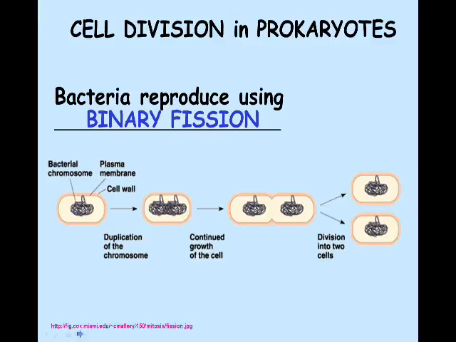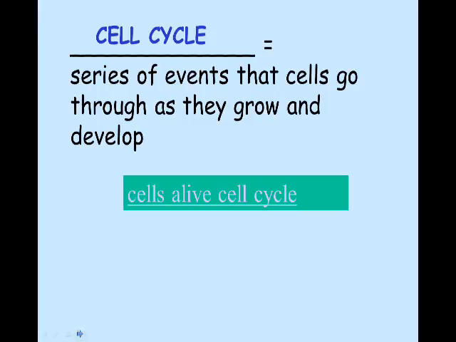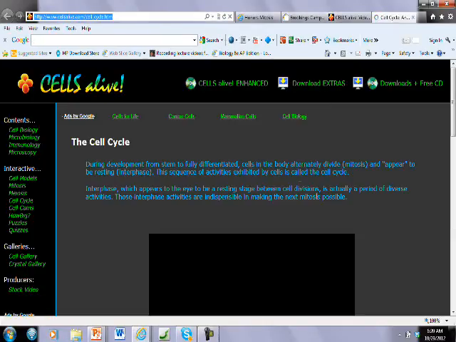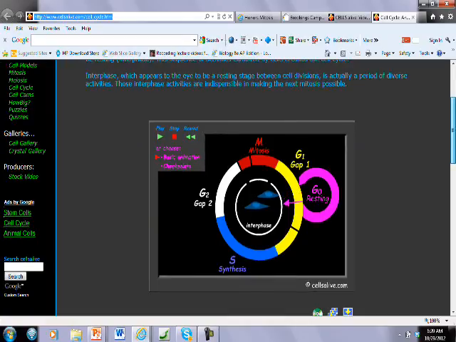So let's vocab. Cell cycle. Cell cycle is the series of events that cells go through as they grow and develop. And so think about it's a cycle because it can repeat over and over and over again. We're going to watch a little animation here. And if you look at the cell cycle now,